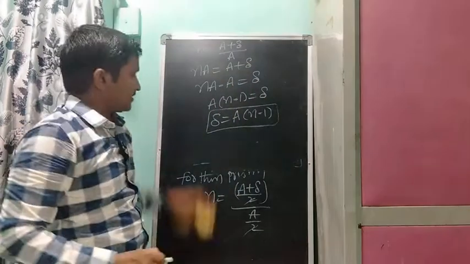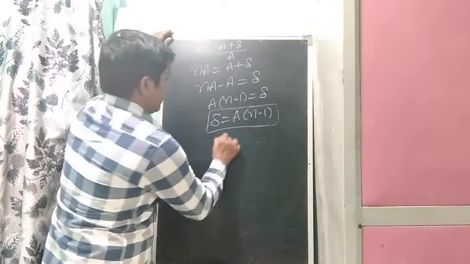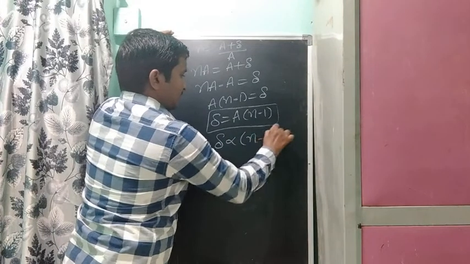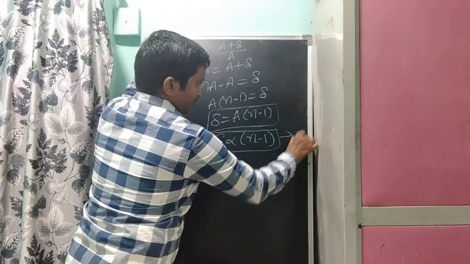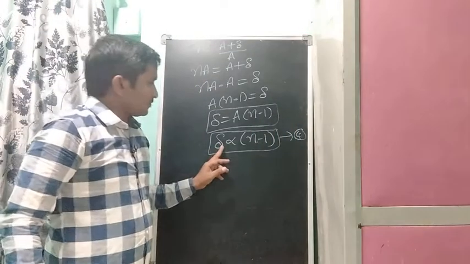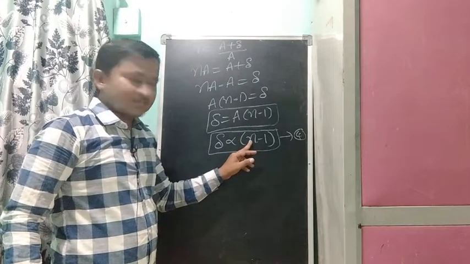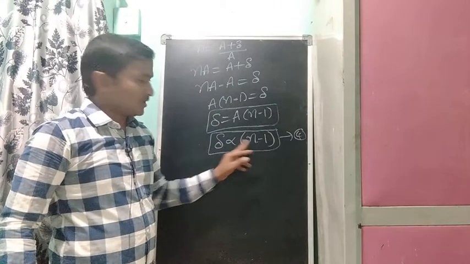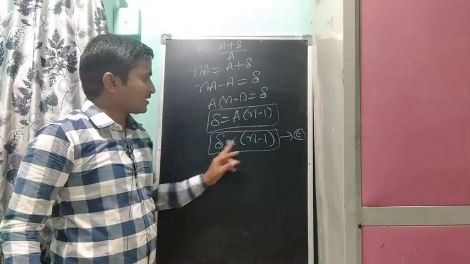From this expression, A is the angle of prism, which remains constant. From this equation, delta is proportional to n minus 1. Let it be equation 4. It's a very important one. Here, from this expression, if the refractive index is less, the angle of deviation is less. If the refractive index is more, the angle of deviation is more, because the angle of deviation is directly proportional